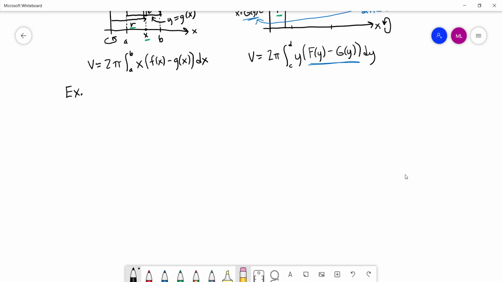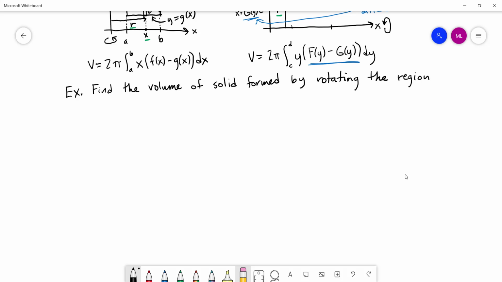I want to find the volume of the solid formed by rotating the region bounded by,